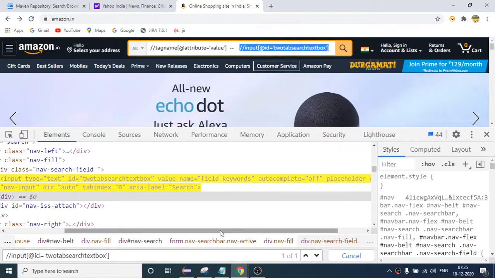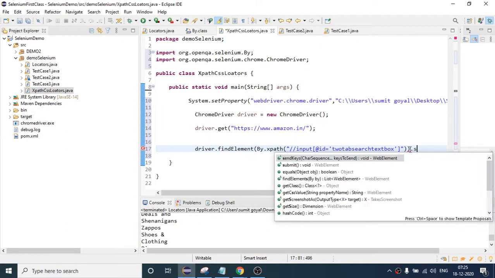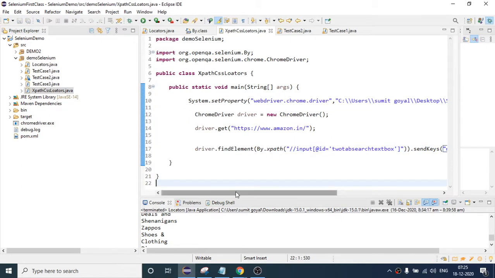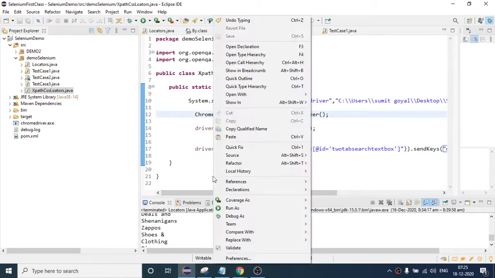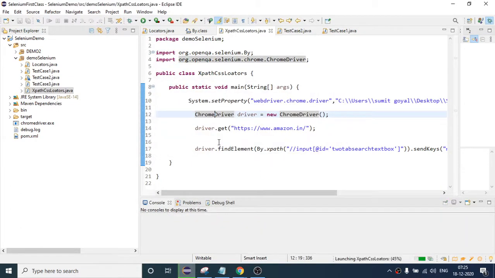Copy this, and after that I will say dot sendKeys. What I want to send is mobile. If I save it and run it, this time with the help of XPath we are sending some data into our text box. Let us see first, then we will proceed forward.